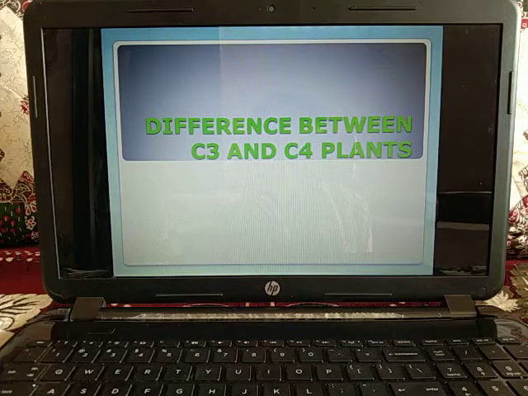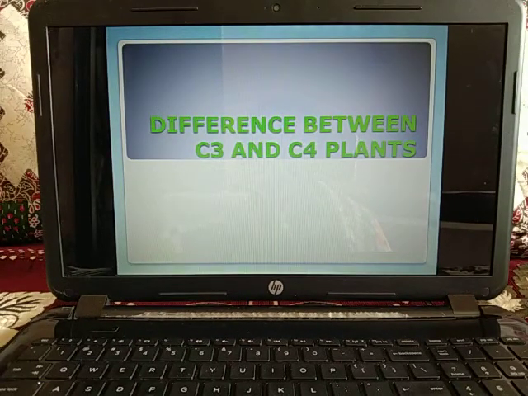In C3 plants, the atmospheric concentration of oxygen, that is 21%, reduces the rate of photosynthesis, which is optimum at 2 to 4% oxygen concentration. Okay, and in case of C4 plants, that is the Hatch-Slack cycle, there is no such effect of concentration of oxygen. Next, the saturation point is reached at 10 to 70% of full sunlight in case of the C3 plant, but in case of C4 plant, the saturation point is not reached even at full sunlight.